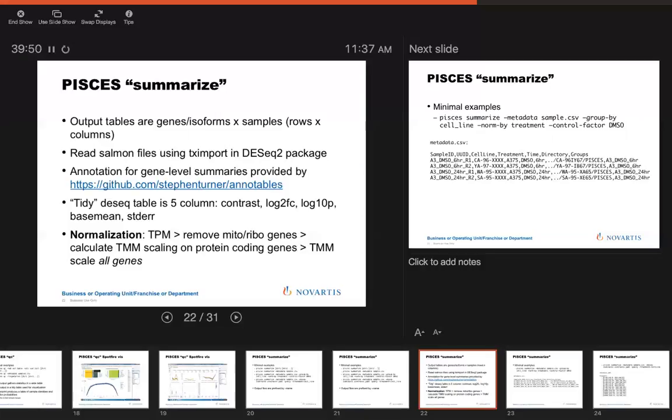And then all the outputs are tidy. And one last point that I want to make, and I don't have a slide about this. It's tough for me to put together a slide because this is a continuous problem and I don't have a fantastic solution for it. But normalization across samples, it's extraordinarily important. I think earlier I mentioned that you might have one sample that has more non-coding content than